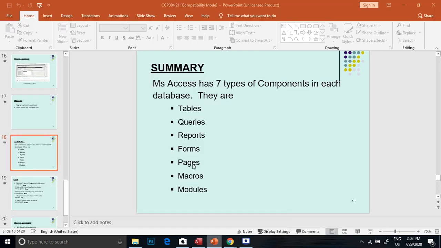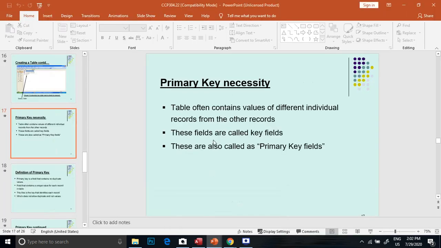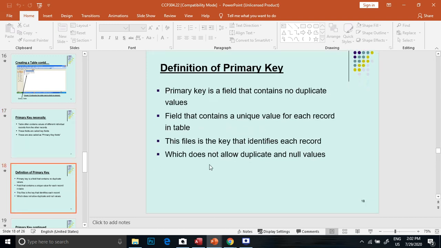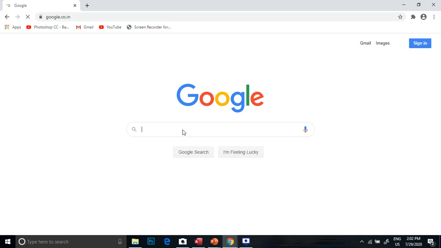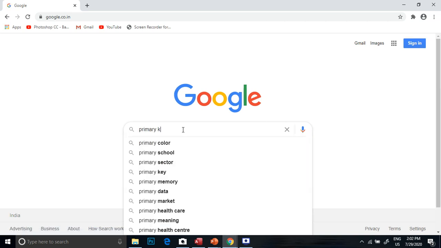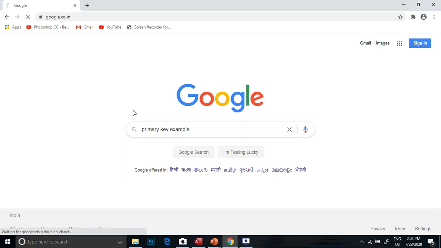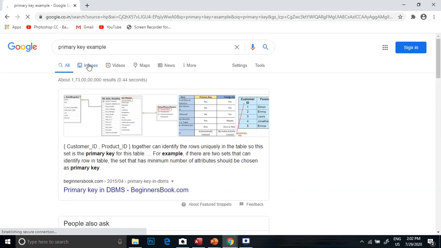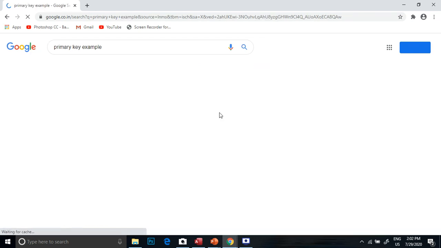What is a primary key? We can check once again how the primary key works. See the customer ID.